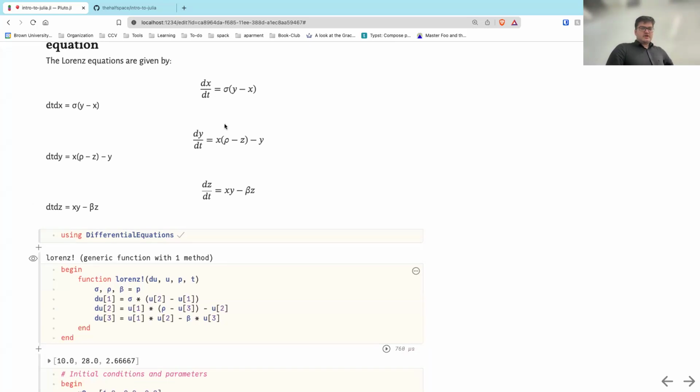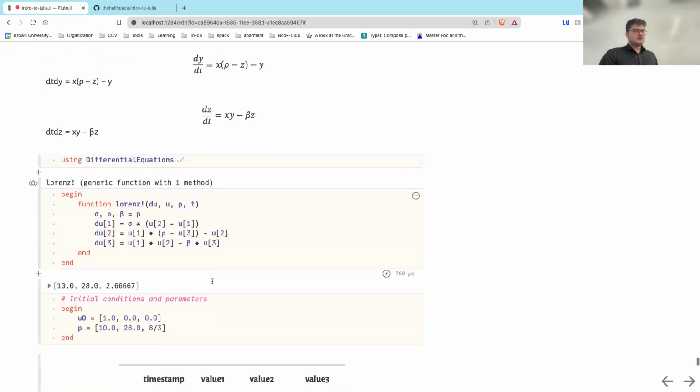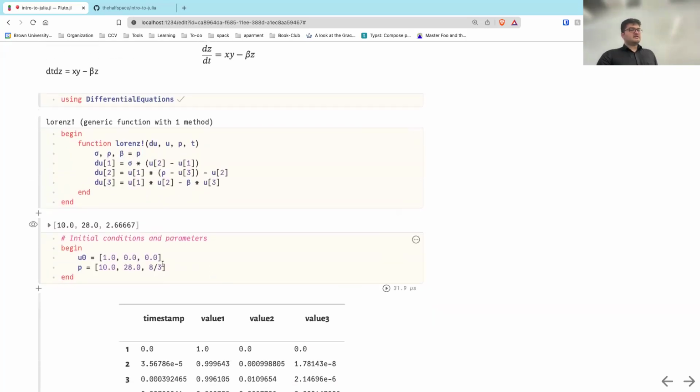But if you know these equations, it's very straightforward to just write it in Julia. So U is displacement, U1 is like XYZ, and then you have sigma, rho, whatever. So this is in 3 dimensions, like XYZ. You have a couple of parameters, what we call P here, and then a couple of constants. For specific initial conditions and for these constants, you get very interesting